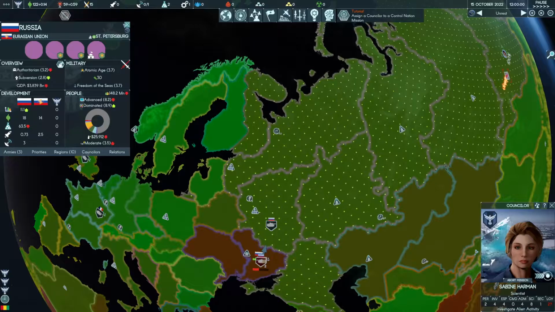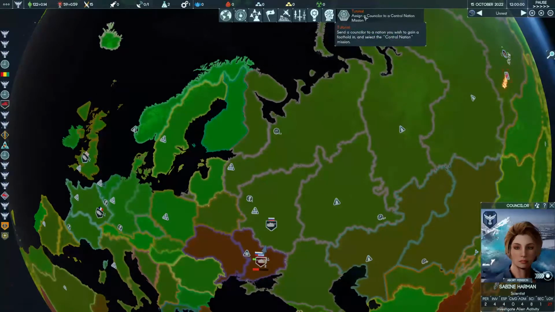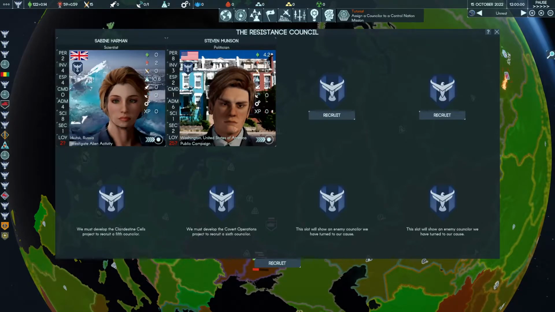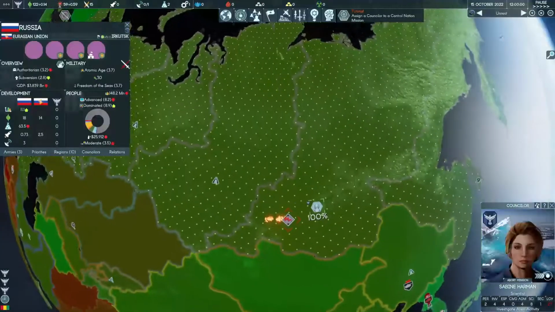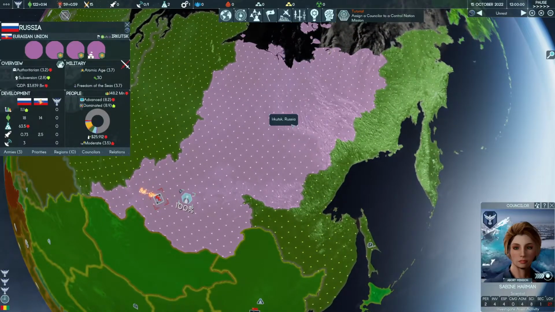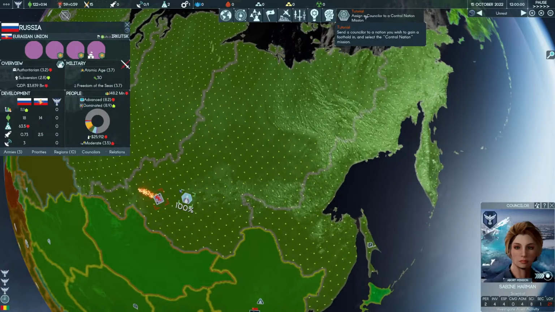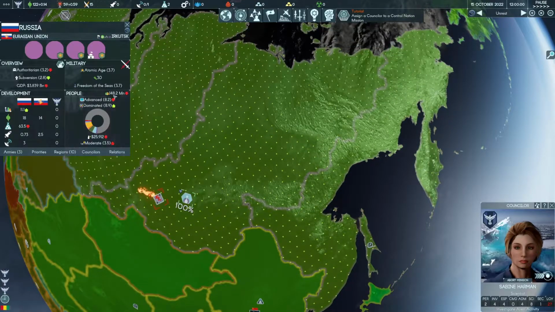Right, we need to assign a councillor to. Right. Send a councillor to a nation you wish to gain a foothold in. Select the control mission. So if I now go to council, investigate activity, public publicity campaign. So assign a councillor to a nation you want. So send a councillor to a nation you wish to gain a foothold in. Select control nation. So if I go to,